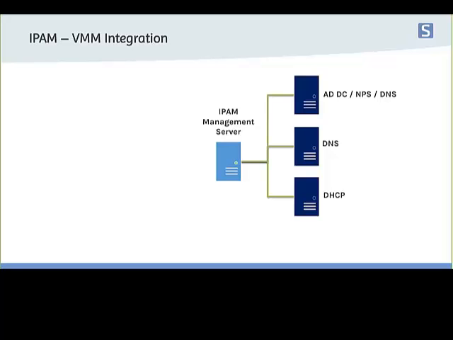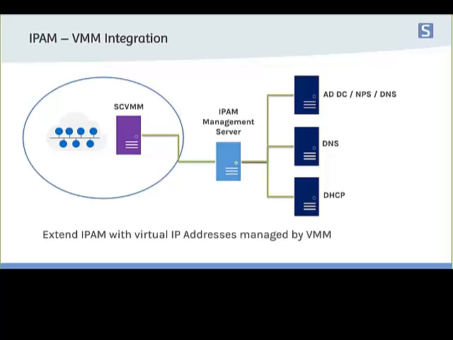Now, still, if you're a service provider or if you're a big company, your networks are isolated, and the IPAM management server cannot connect to every server. But since we do a lot of virtualization, most of our servers are virtualized. And VMM, with those IP address pools and things like that, knows about the IP addresses of those servers. So what they've integrated in Windows Server 2012 R2 is the possibility to attach the IP address management server to VMM, and you get a lot of IPs. Basically, all the virtual machines you already have in your system.